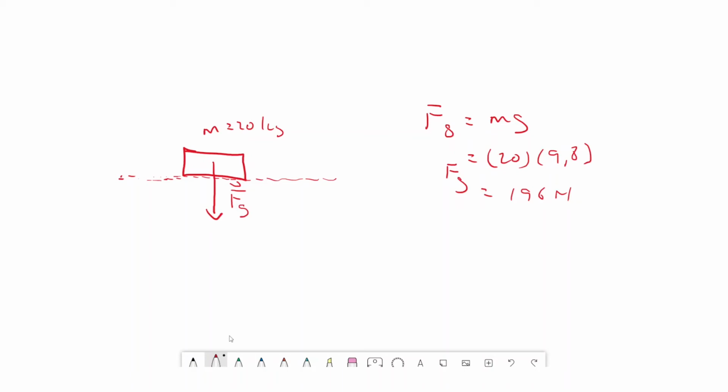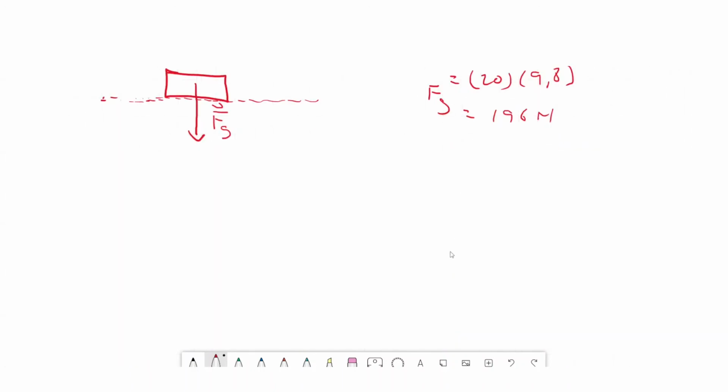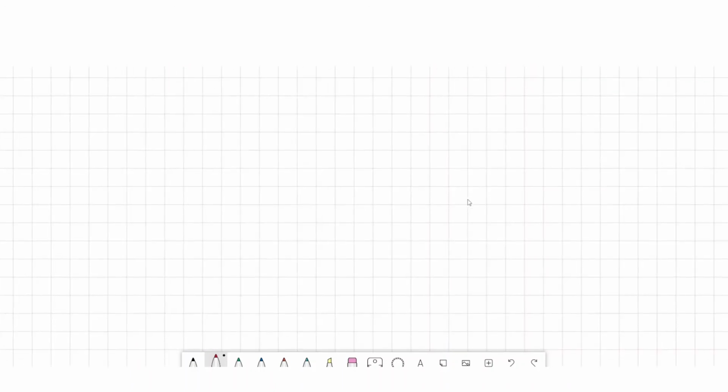It's called the normal force. Now this is the force that is perpendicular to the surface. That is what a normal force is. It's just the force that is perpendicular to the surface. All right. So since I have a surface,